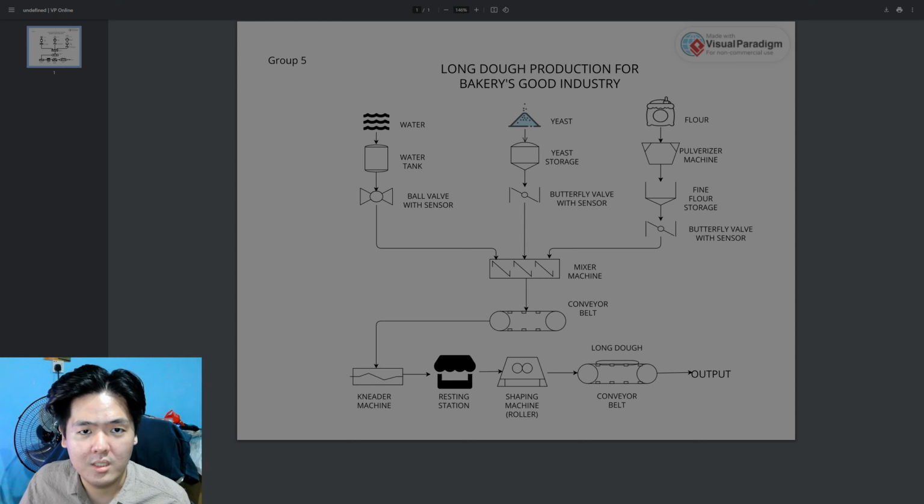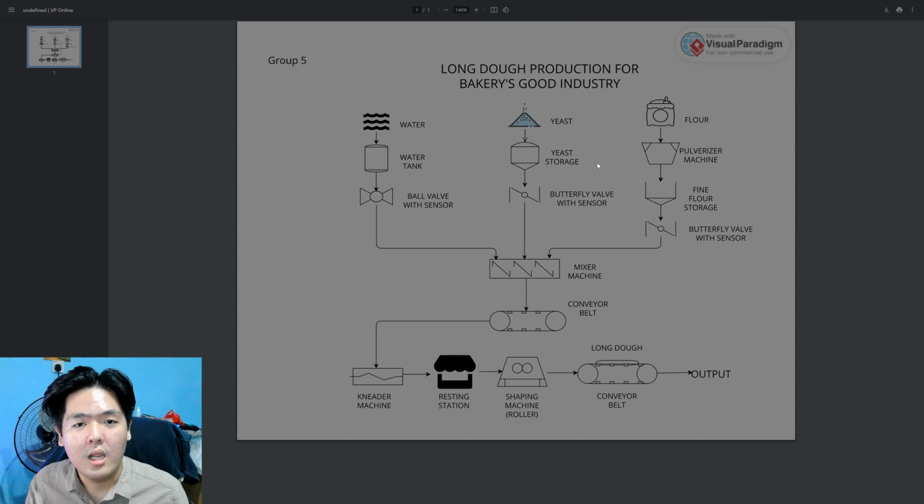For the kneader machine, it could also measure parameters such as the temperature and viscosity to ensure the proper dough consistency. After it rests, we shape it using the shaping machine roller to become a long dough. The reason why we use the water tank, the yeast storage, and the fine flour storage is that